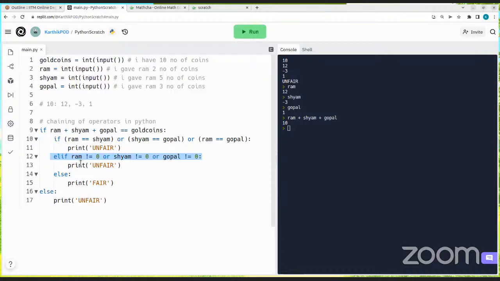Can you explain, sir, what the 12th line means? But sir, we are using OR condition, but if any of the two evaluates to be false, then also it will work. So the 12th line. Okay, the 12th line is why it is printing unfair, right? It is true because everything will be true. Yeah, I think the option should be fair, right? Because none of it is actually a 0, so it should be fair, right?